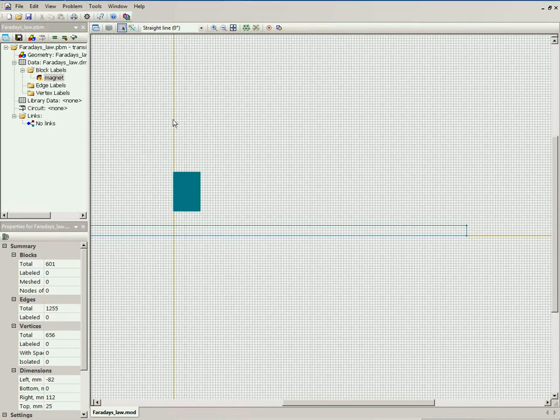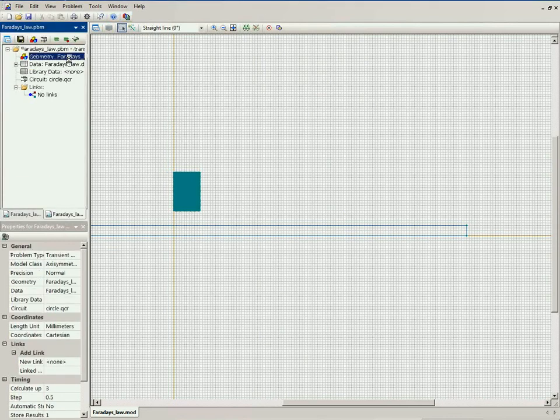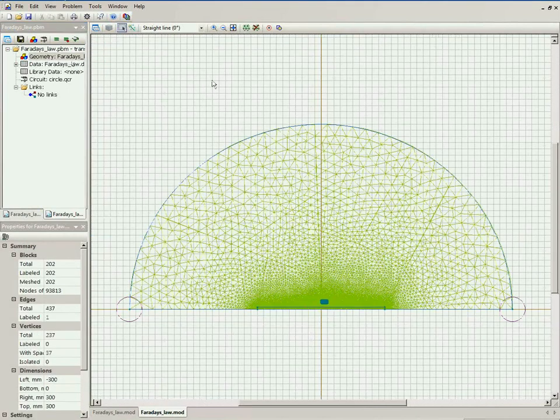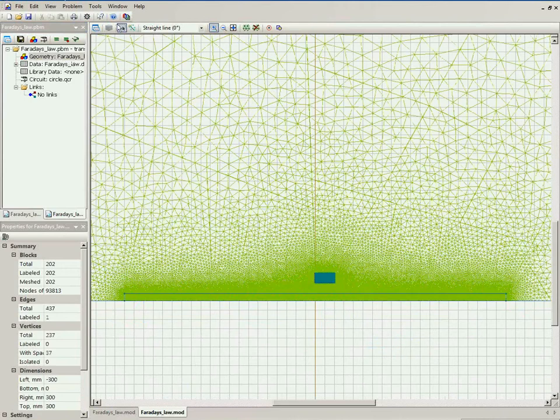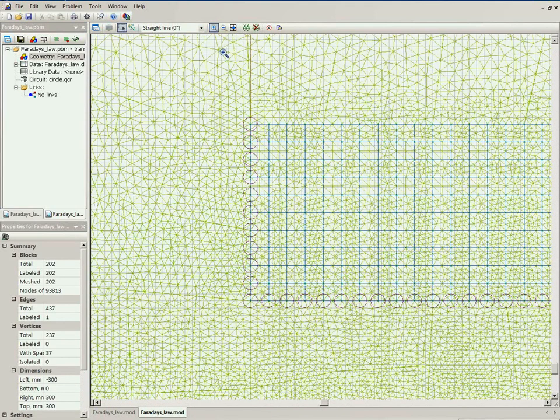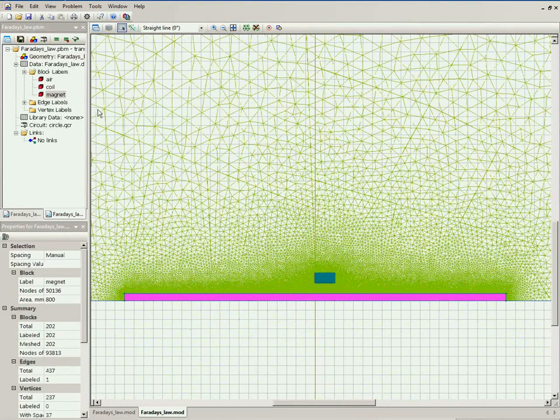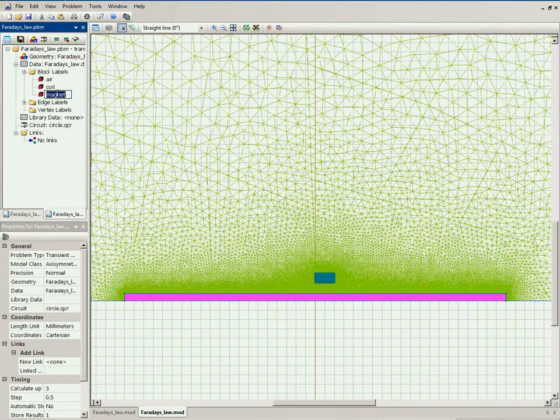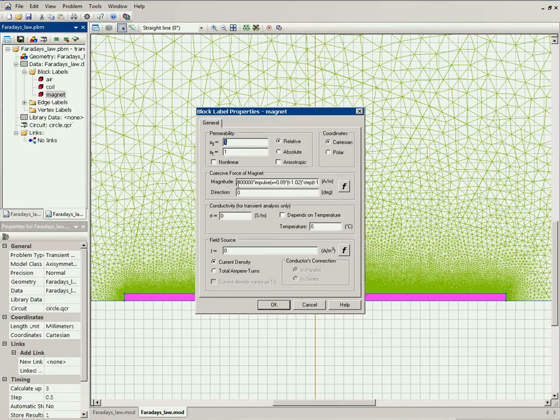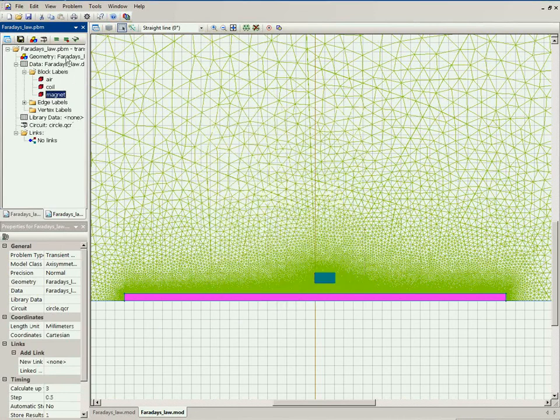Let me show you an already prepared problem. You see, this is the coil with many turns, and this block is labeled as magnet. But for this block, the coercive force is specified as the function of coordinates. And if we take a look at the result,